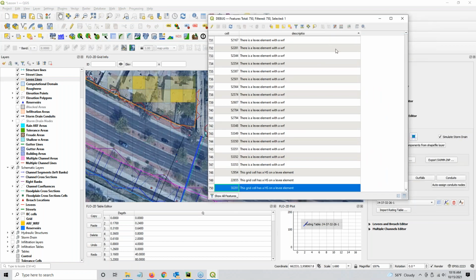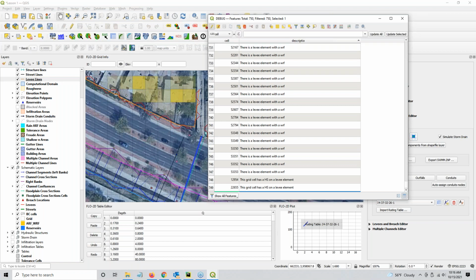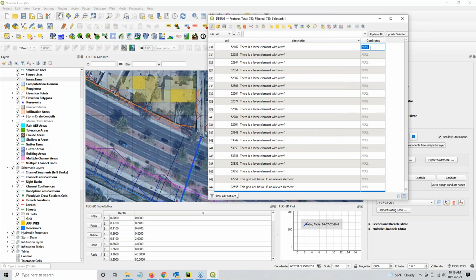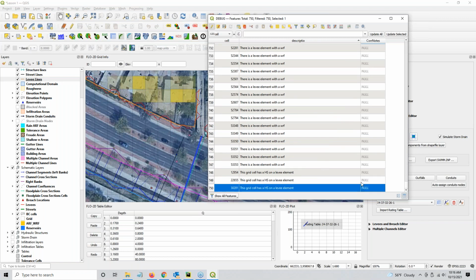So what you can do to this is edit it and add another row to the table. Let's just call this CORR notes, and this will be a text field. Click OK. The length is 50, and click OK. And then for the correction notes, if we fixed this one,